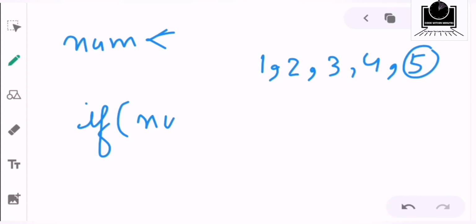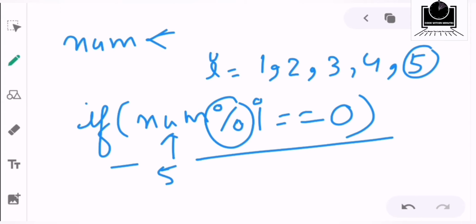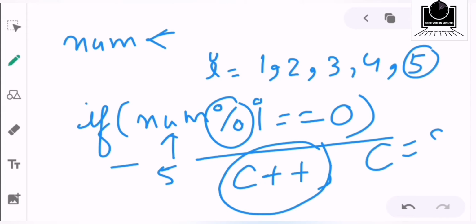If num is divisible by this i, completely divisible, which means num modulus i gives the remainder 0, that means the i is completely dividing the number. After getting this statement true, we will count it in a counter variable. This is the basic logic, and after counting we will check if the counting variable c is equal to 2. This means the number is prime, else the number is not prime.